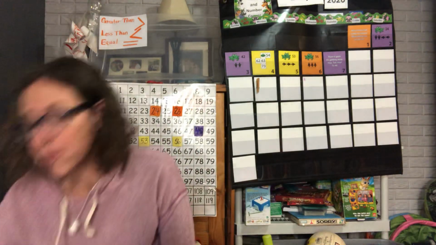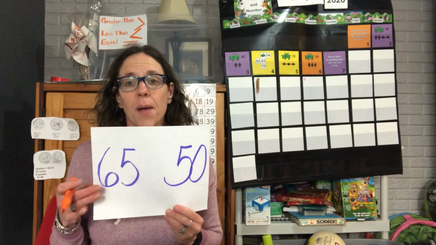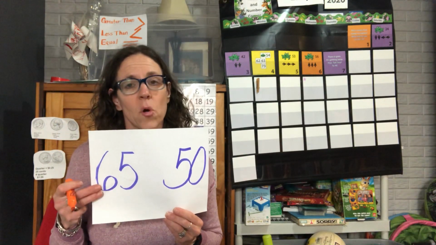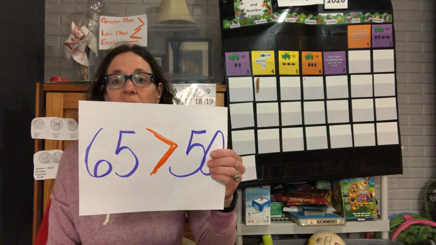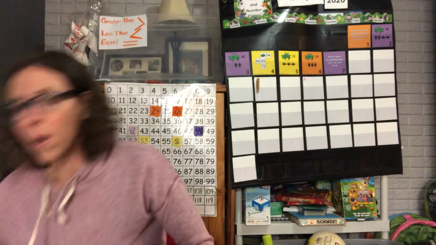Okay, so Aiden has 50 cards, but Noah's got 65 cards. Who's got more? You're right, Noah's got more with 65. We want that sign open to the 65, so we say 65 is greater than 50. Okay,